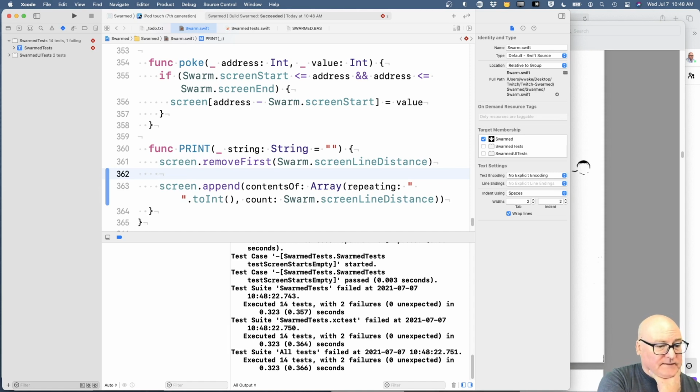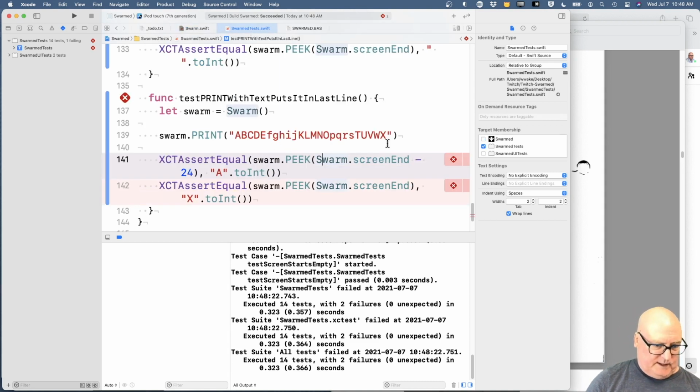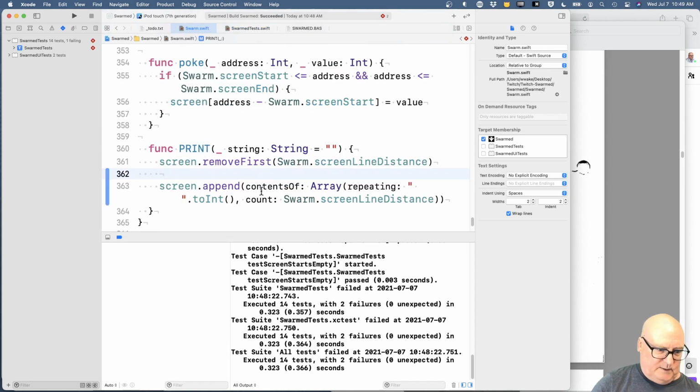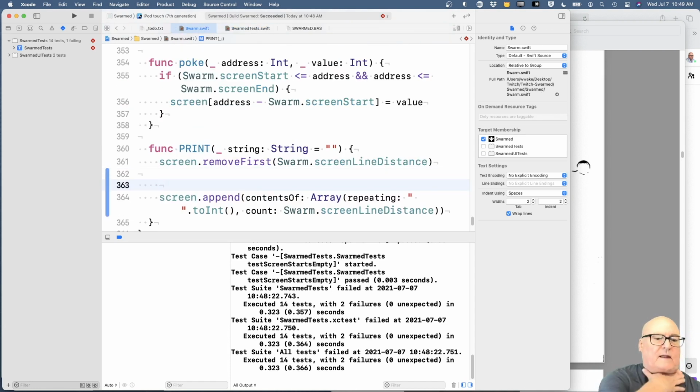Well, what I'm going to say, tell you what, let's be explicit here. So YZ won't fit. Okay, but we still only see X. So let's make this thing